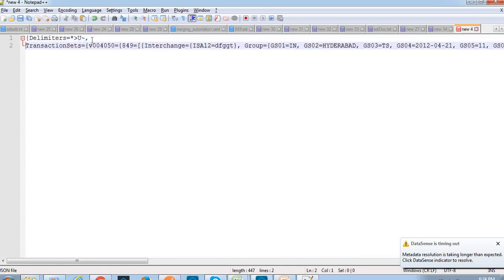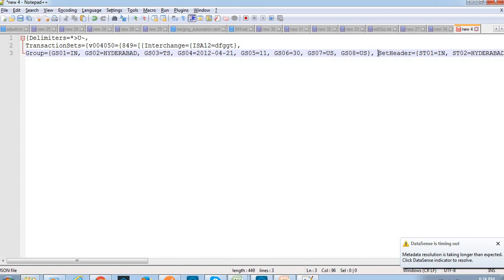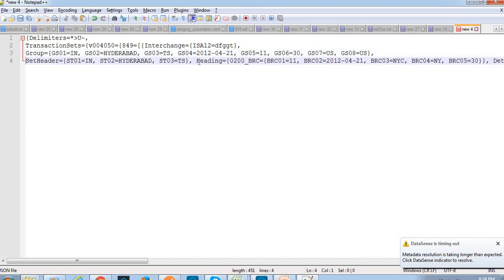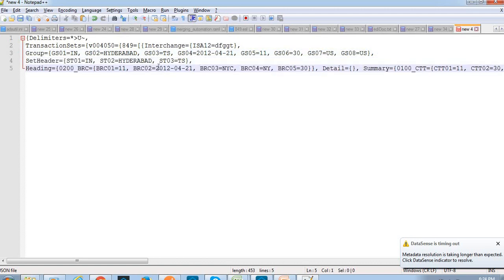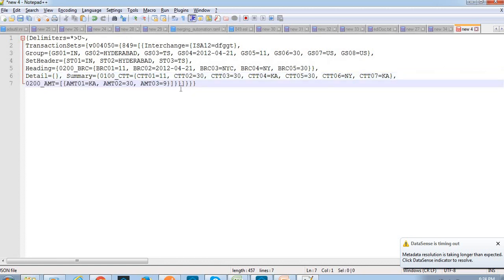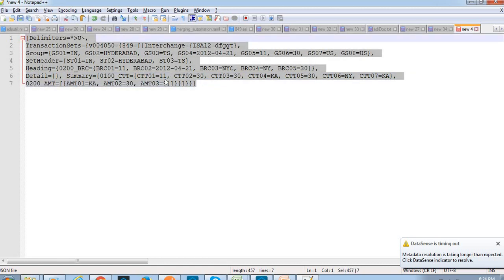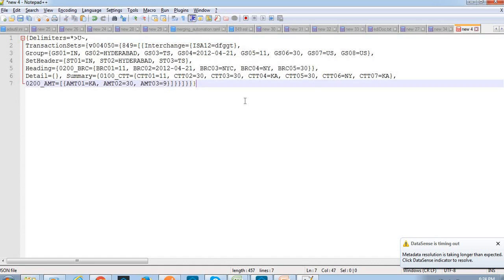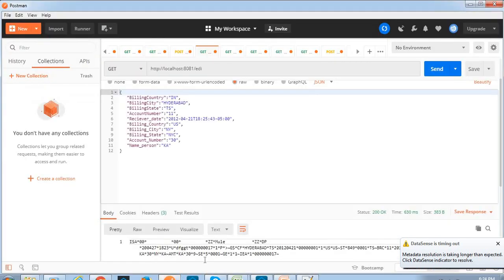Here we have the transaction set, and whatever input details we provided from Postman, those details are available here. See, we can see those details here, and this file is transformed into EDI. Let me copy that EDI data also.